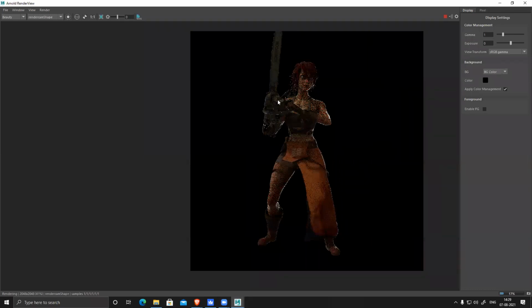Instead of this, I can use a gun also. So the basic setup is ready, but usually whenever you see any character render, the upper part of the body is always a little brighter and the lower part is a little darker.